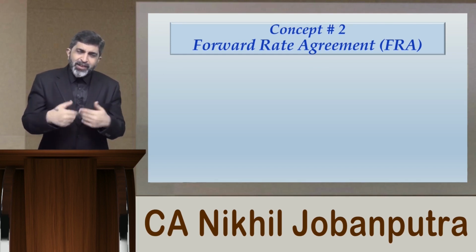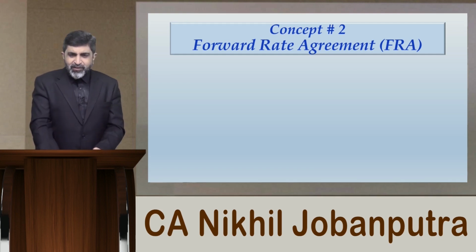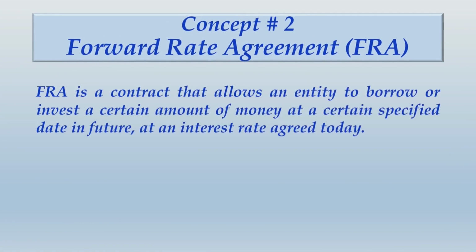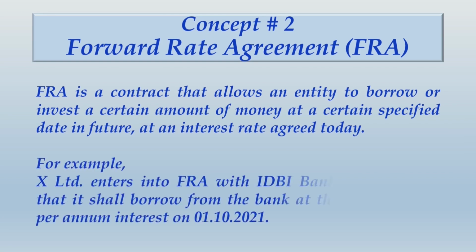So I'm not going to put that point right over here. Let me first give you some important note about what exactly is FRA. So FRA is a contract that allows an entity to borrow or invest a certain amount of money at a certain specified date in future at an interest rate agreed today. For example, X Limited enters into FRA with IDBI Bank on 1/4/2021 that it shall borrow from the bank at the rate of 12.5% per annum interest on